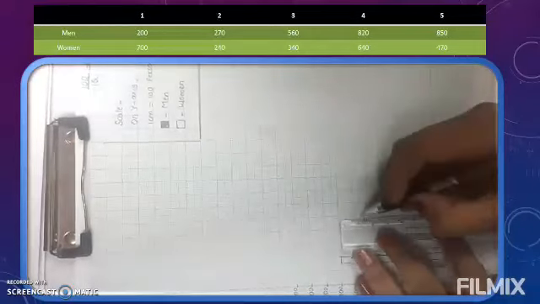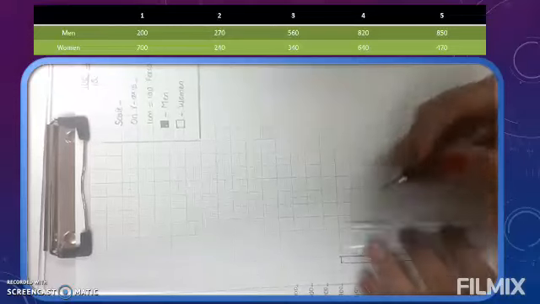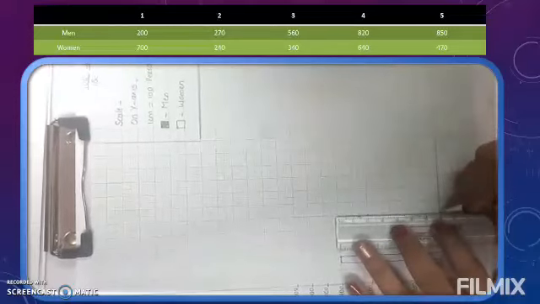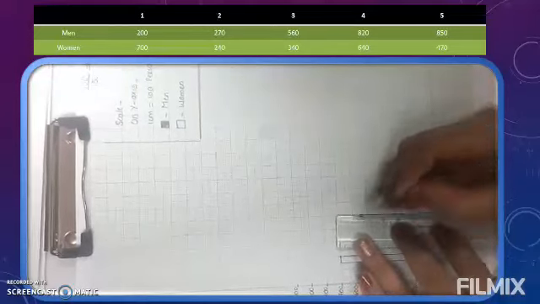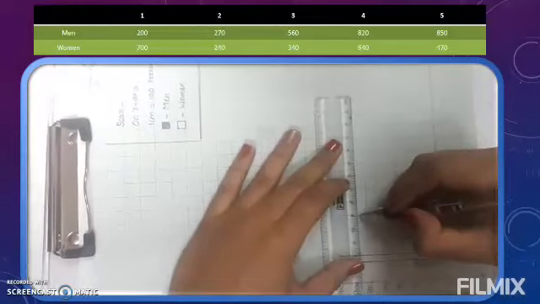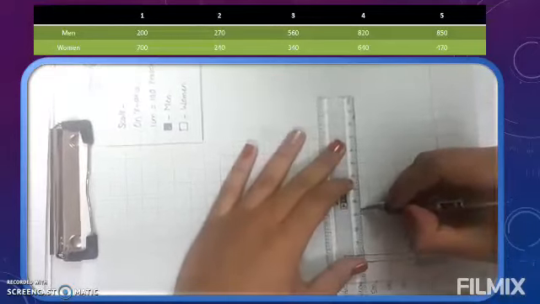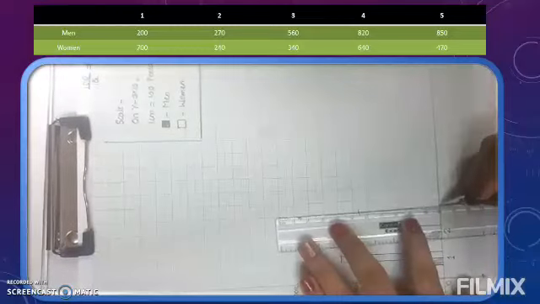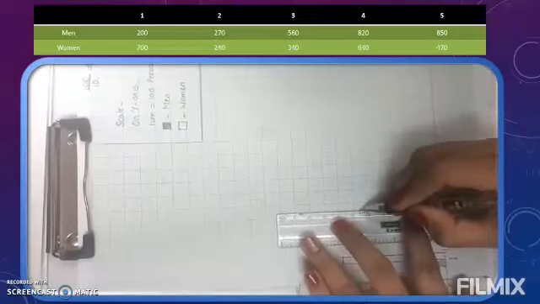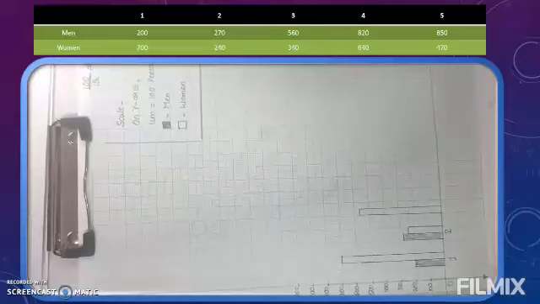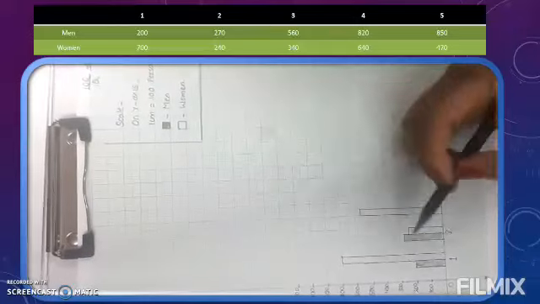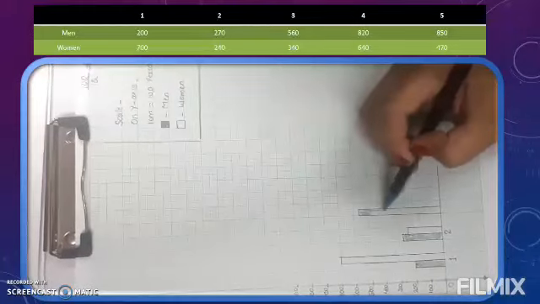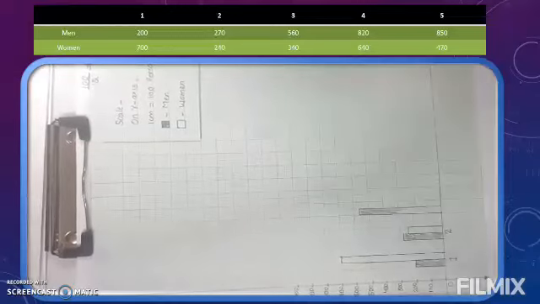So what we will do? We will extend this line till after 500, whatever sixth line we are getting. So we will extend it till sixth line. Then join it with the fifth thin line. Then join both. Clear? As this bar is showing information about men we have to shade. So this bar we will shade it with pencil.